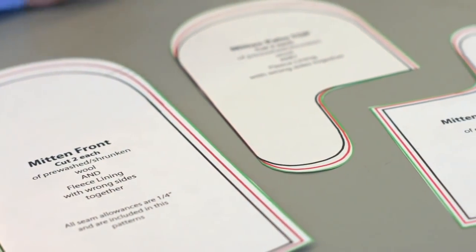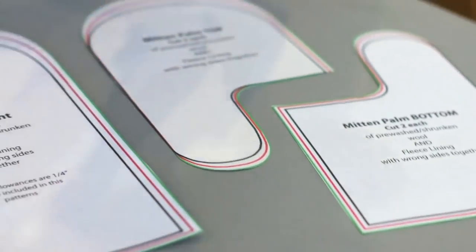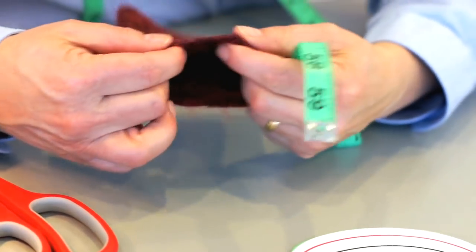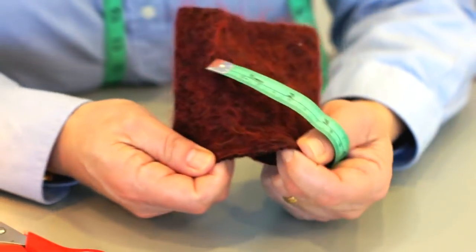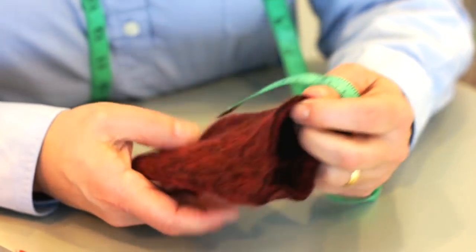You're also going to need cuffs. And cuffs are basically, the best is if you can cut the cuff off of the sweater that you're using, because that comes already ribbed, already finished on the edge. This has a finished edge where it will not unravel. This edge has been cut, so you can see when you stretch it, it could come undone. But